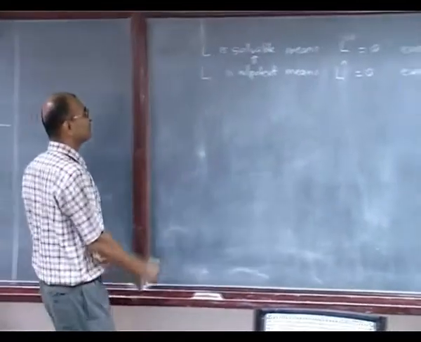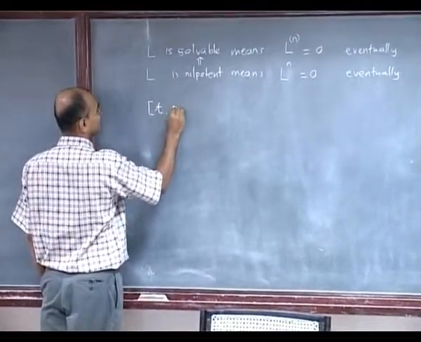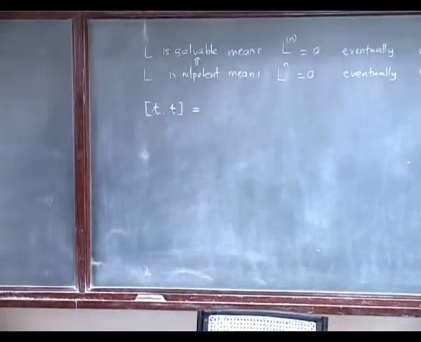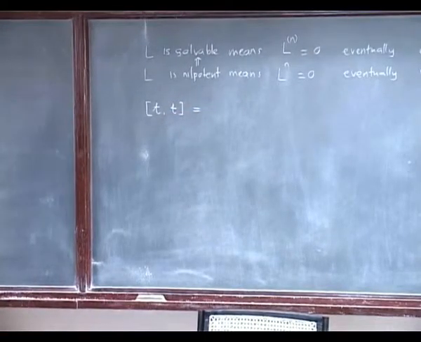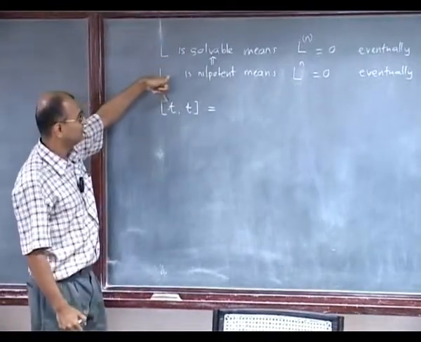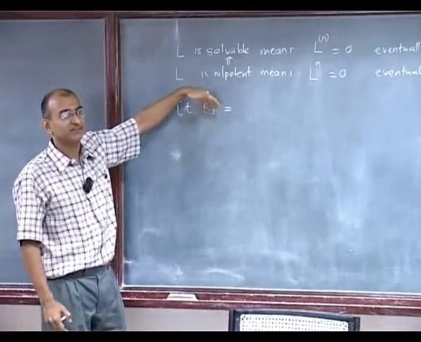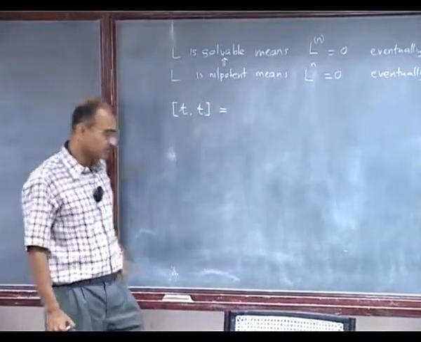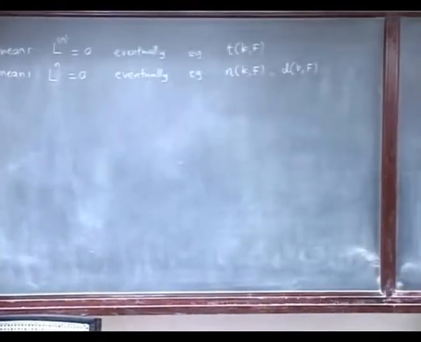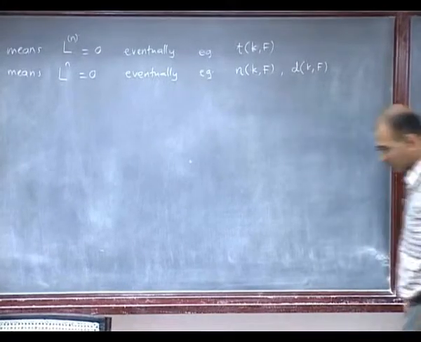So, at this point I would like to make a small calculation here. What is that? If I take the commutator of, so recall what this means. It means you take everything in here with everything in here, you take the commutators and you take the linear span. That is the general notation. So, what is this? If I take an arbitrary upper triangular matrix, if I take two upper triangular matrices and calculate their commutator, what do I get?